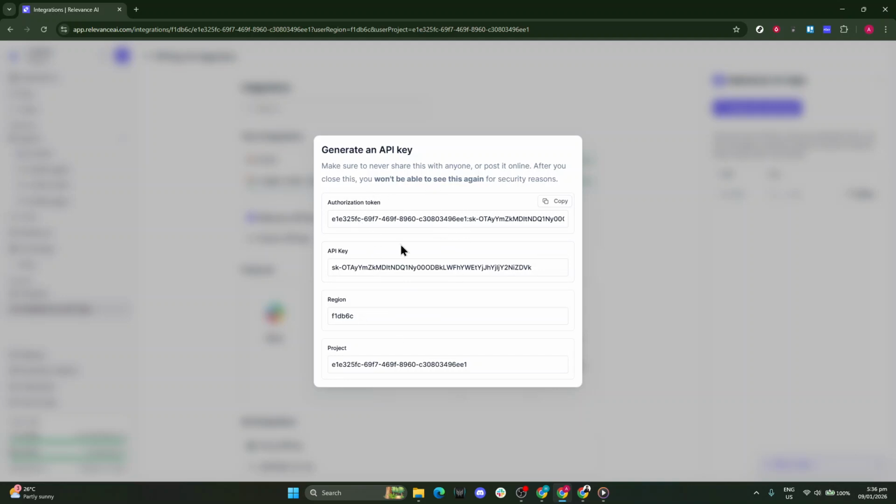And that's it. You clicked Integrations and API Keys, waited for the page to load, opened Relevance API Keys, created a new secret key, gave it a helpful label, generated the API key, and copied the authorization token. Follow these steps anytime you need a fresh credential for a new